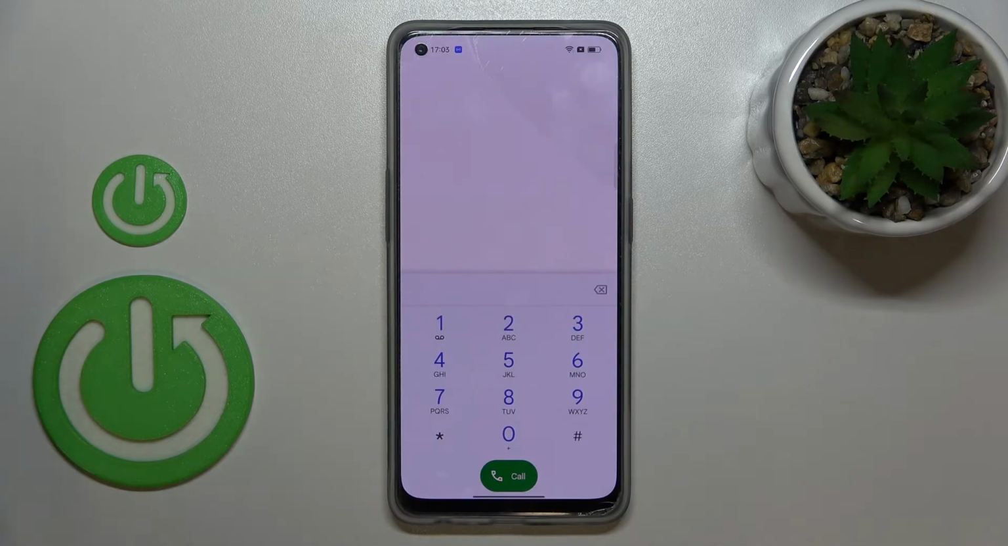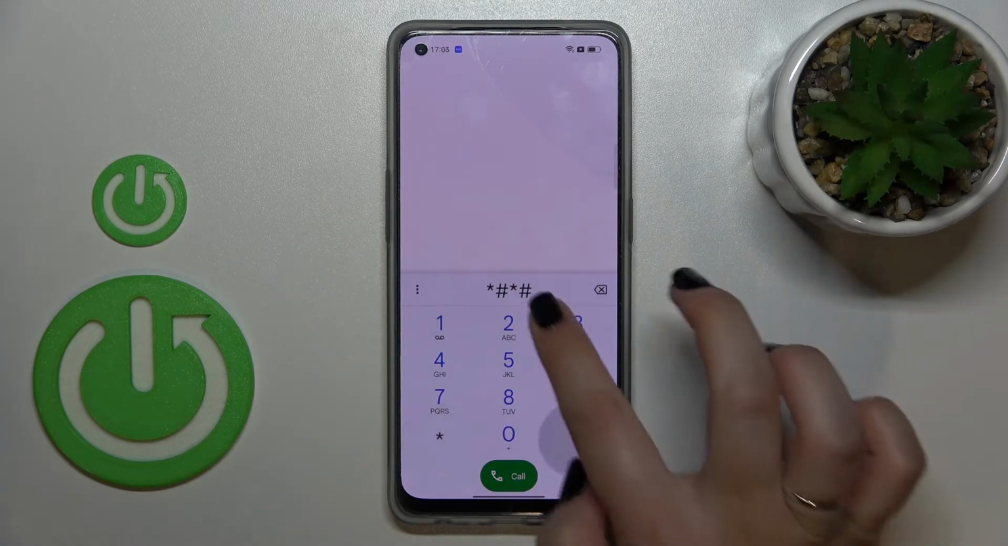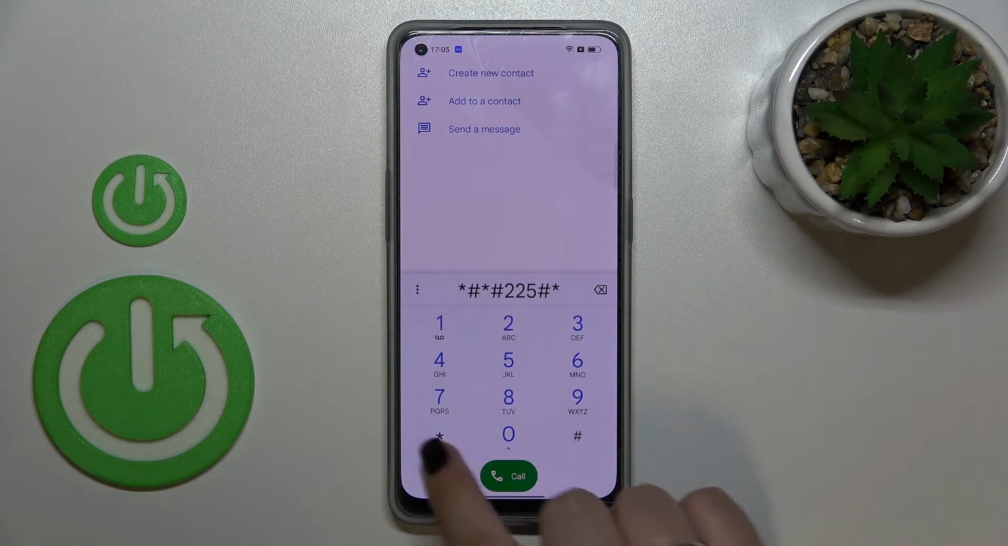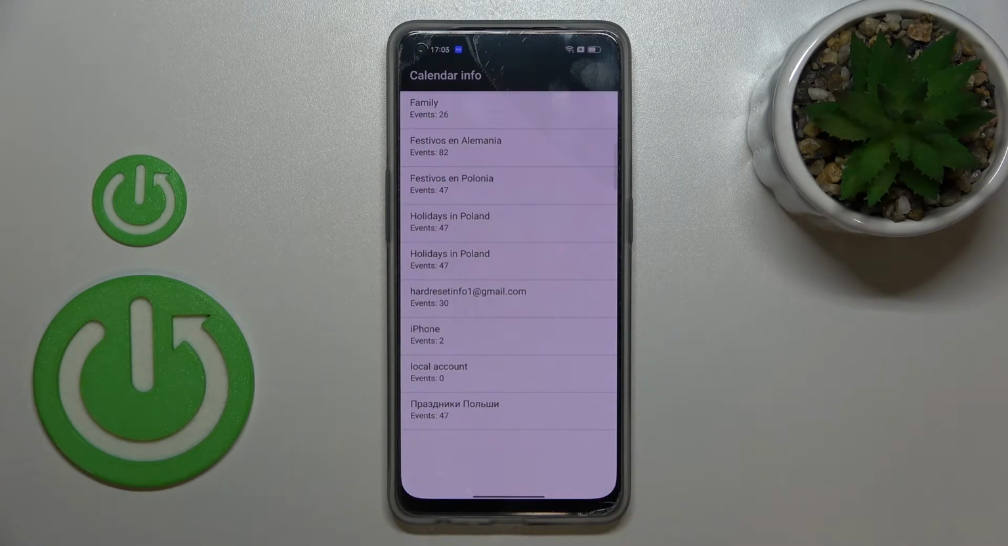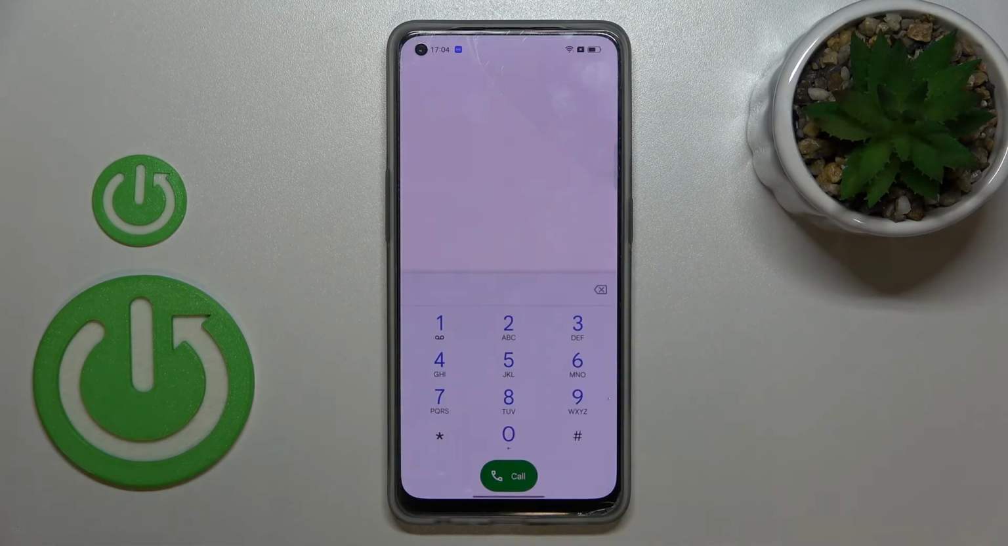So let's get back, and let me show you another code, which will open the calendar info. And the code for it is *#225#. And as I said, we are in the calendar info, so here we've got all the events in one place. We can check some family events, some holidays in your country should also appear right here, or events attached to your mail. So basically, this is the best place to check the events, because here they are grouped into particular sections. So let's go back, and let me show you the last code, I believe, which will open the